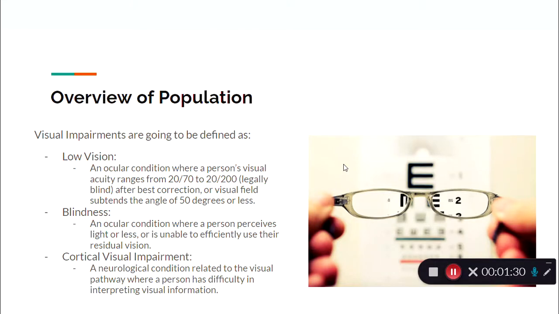And then the next one is blindness. This is, I feel like, the one that everybody's going to think of when you say visual impairment, and that's basically another ocular condition where a person perceives light or less, or is unable to efficiently use their residual vision. The last one is cortical visual impairment. This is a neurological condition related to the visual pathway where a person has difficulty interpreting visual information. All are unique and have their own challenges, but all are visual impairments that are going to have their own